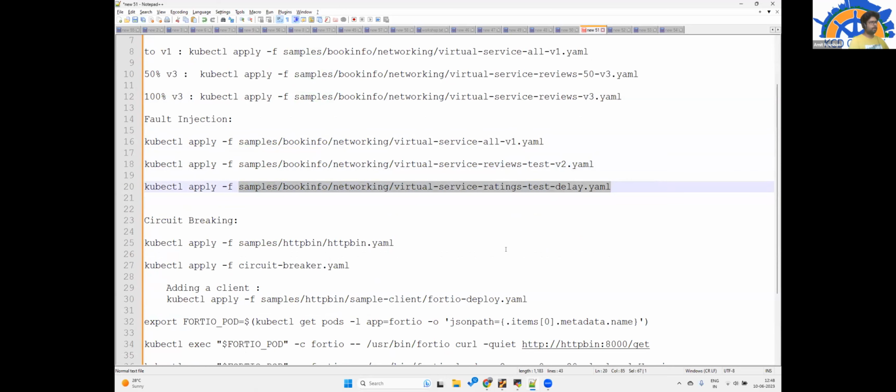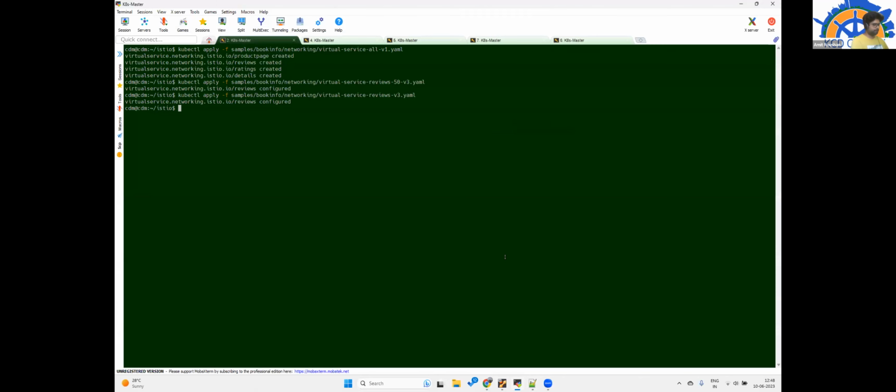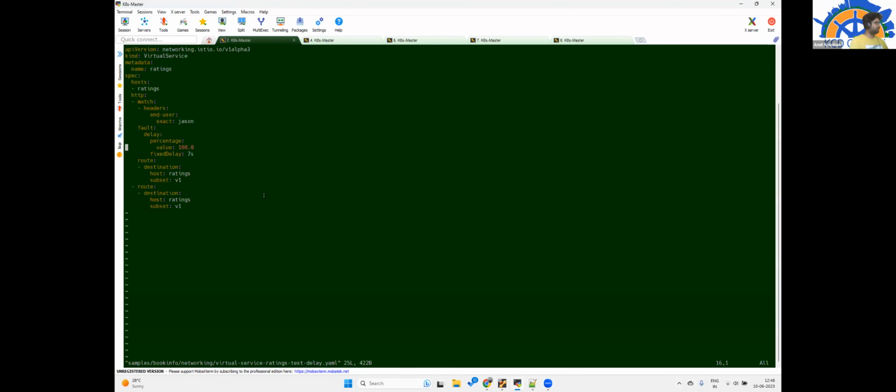If I log in with the user Jason, I will get a fault because there is a delay of 7 seconds, and I would not expect a 7 second delay in a microservice, so I will get an error. But if I do not log in as Jason, every time I will get the information from V1, and there will not be any issue.